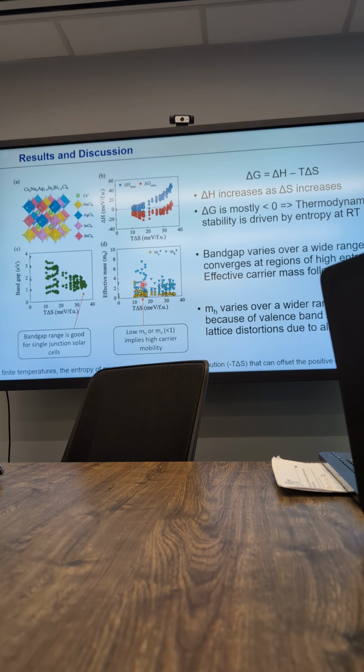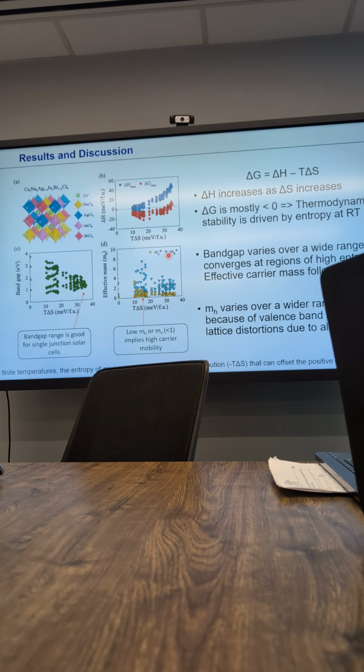Now for the holes, they were more dispersed, because you see this range from 1 to about 8, but as you increase the entropy again, it converges at a lower effective mass, right? And then the main explanation they gave was, I was wondering, why are these so low, or not necessarily just low, but the range of dispersion is smaller as compared to the holes. And they were like, the holes